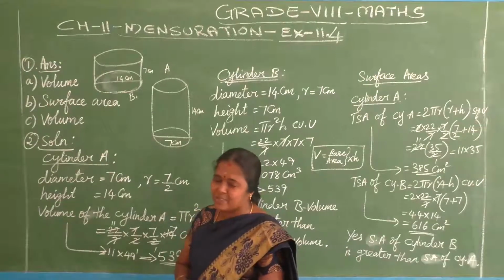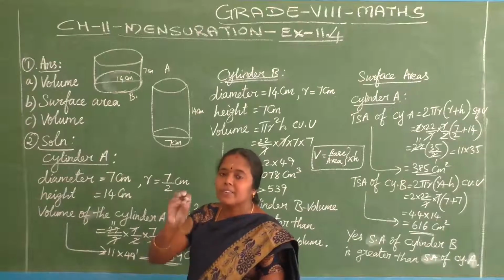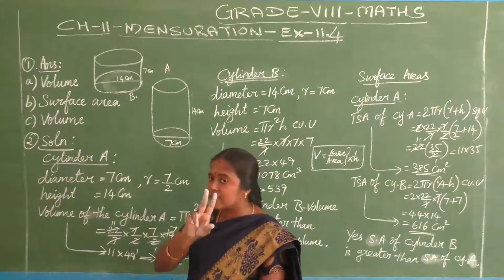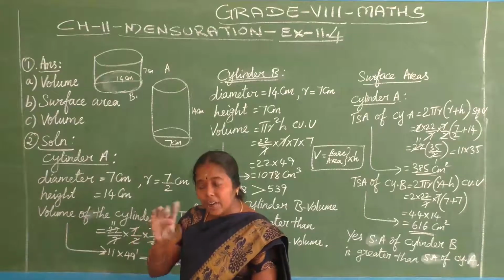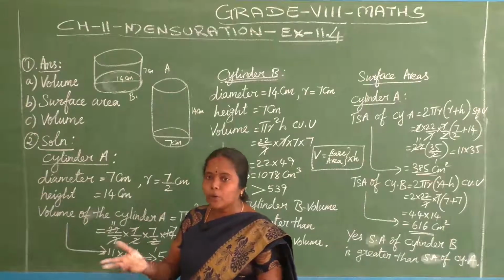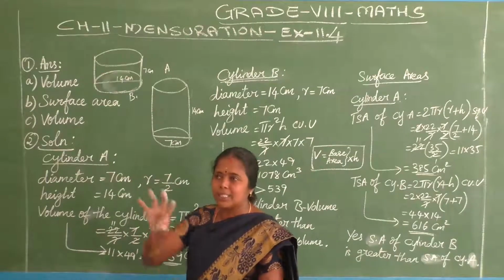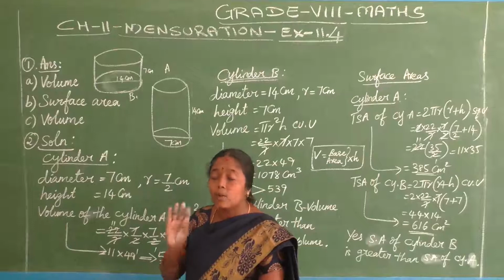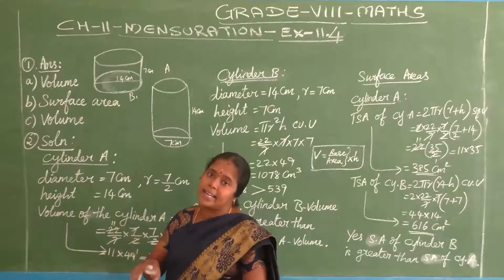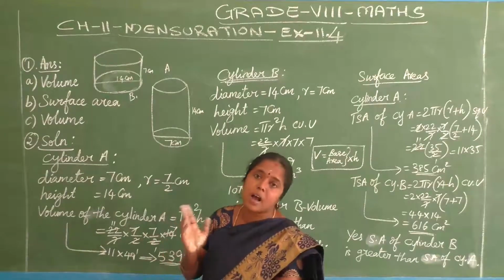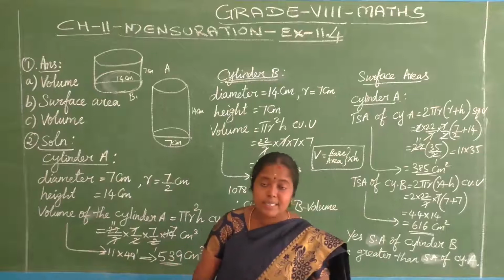Okay, this is the first part. Secondly, just to verify, you have to calculate which has the greater volume. This is the second thing. Third thing they are telling, after finding the volume, you can compare them. After that, you conclude this is bigger than that. Okay, what they are telling: check whether the greater volume cylinder has greater surface area or not. That also we have to do. Clear? So this is the given thing.